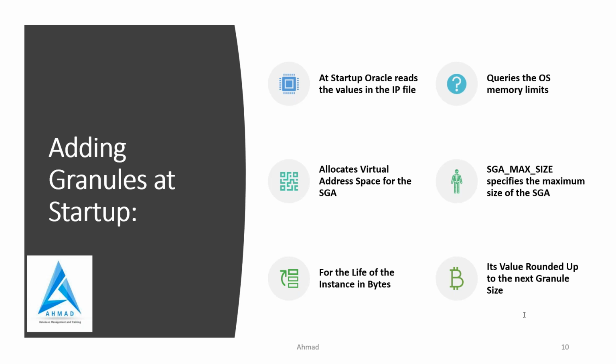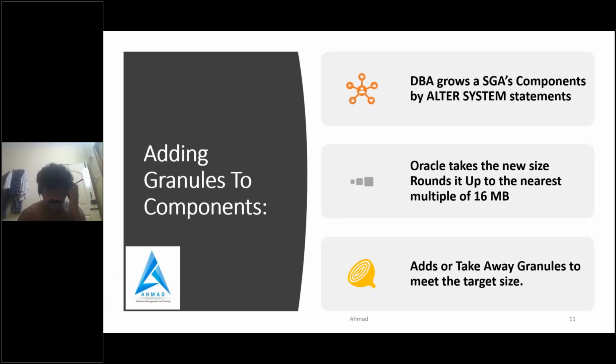8 MB? No, it will always increase the value: 12 MB. So the answer is 12 MB. Thanks for responding, Narendra. So 12 MB will be allocated. It will always give a higher value than what you are asking for. It will not decrease the value of the limit you are asking for. That is the important point in terms of granules.